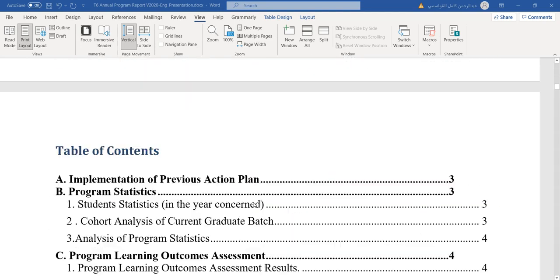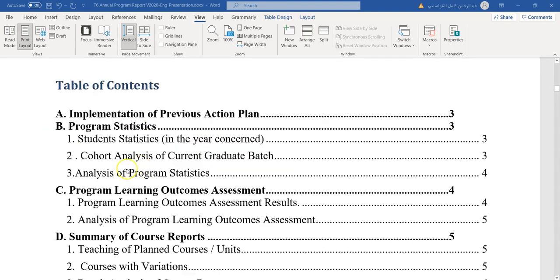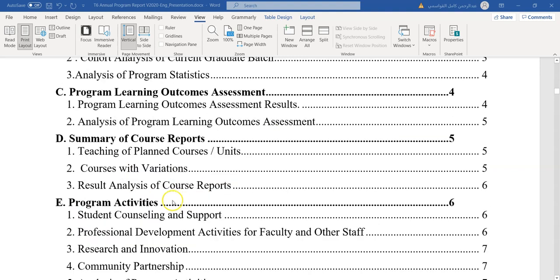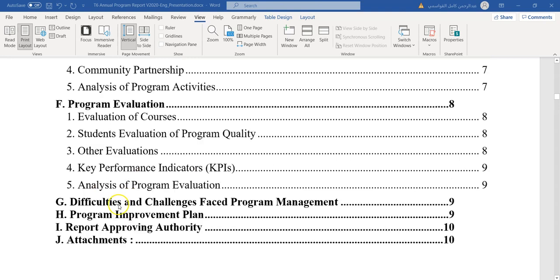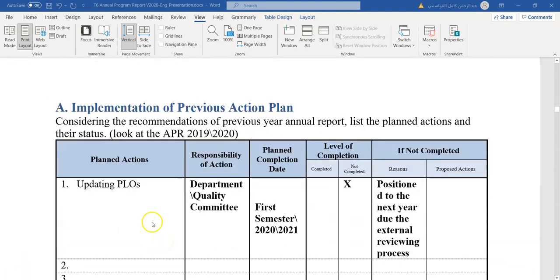Okay, now we have the table of contents: implementation of previous action plan, program statistics, program learning outcomes assessment, summary of course report, program activities, program evaluation, difficulties and challenges faced, program management, program improvement plan, report approving authority, and finally attachments. For the first section, implementation of previous action plan, we have to look at the annual program report